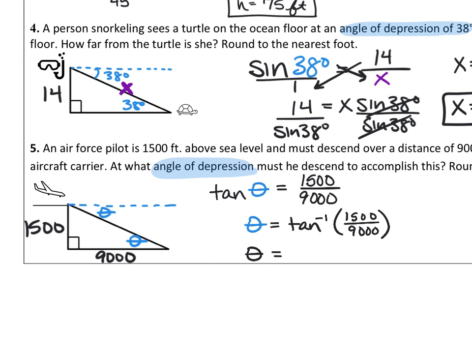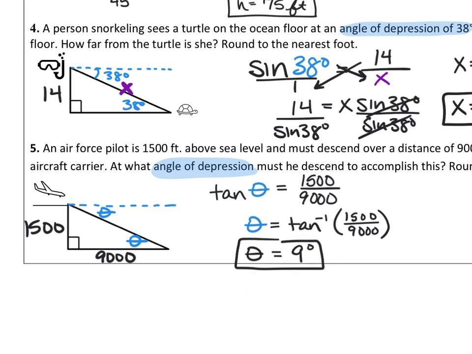I get 9.46 when I put this in my calculator. Do y'all agree? But if we're rounding to the nearest degree, is that going to be 9 or 10? 9.4 would round to what? Oh my gosh, 5 or more, raise the score, 4 or less, let it rest. We're going to let that rest at 9